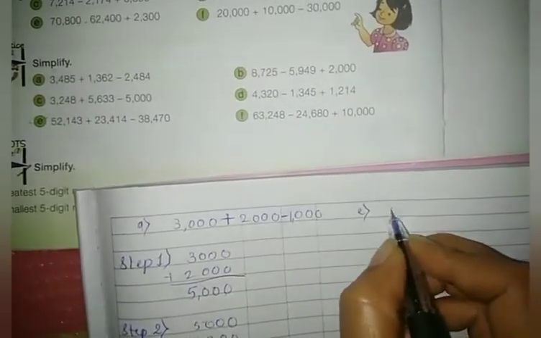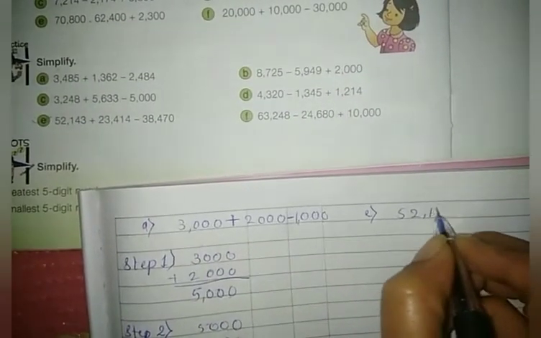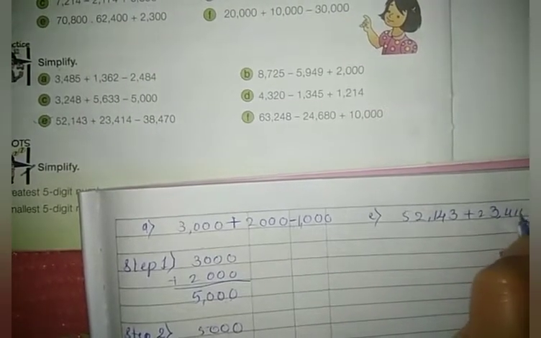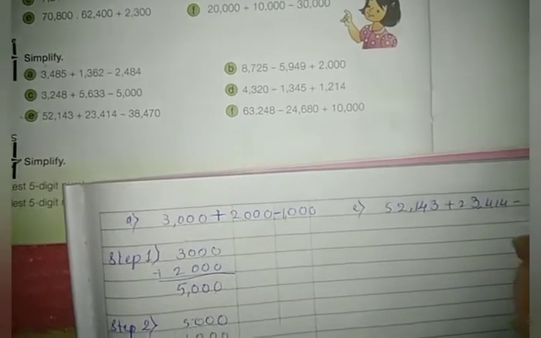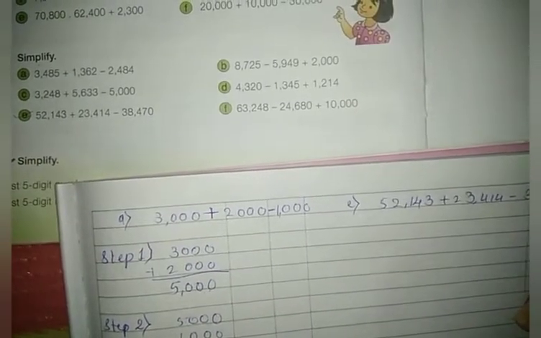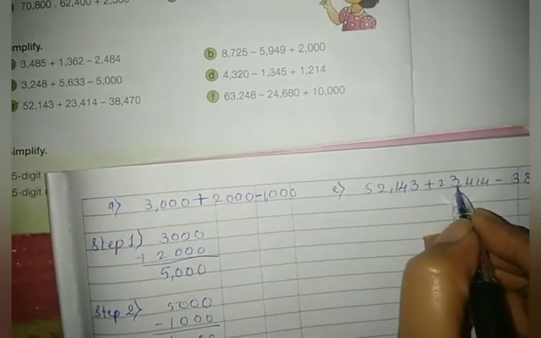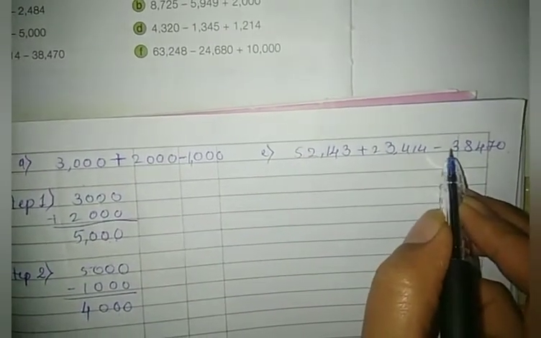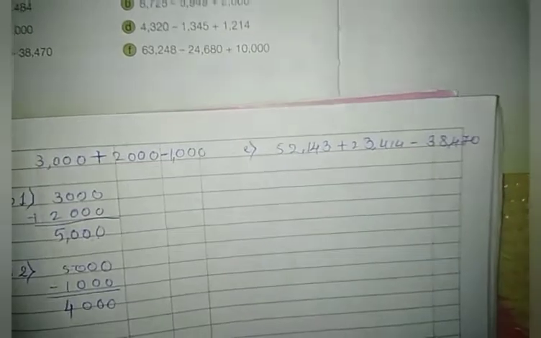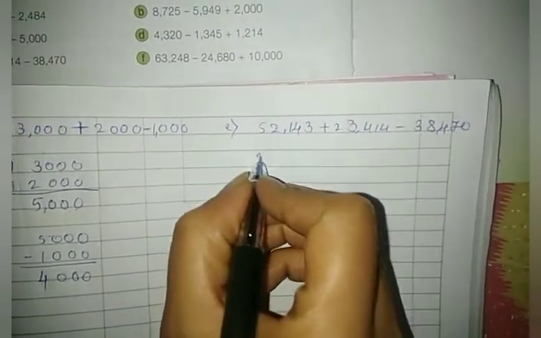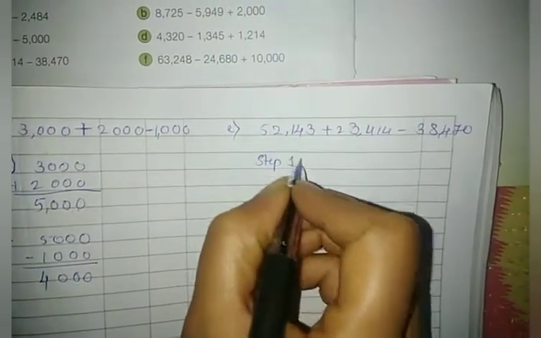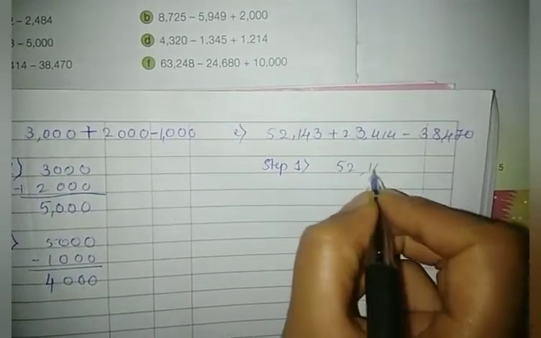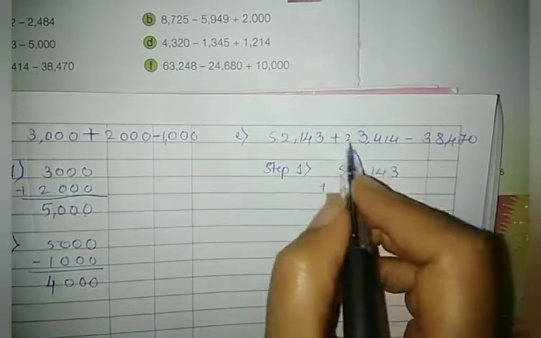Let's see. 52,143 plus 23,414 minus 38,470. Let's add these numbers first, then we'll subtract this number from the answer. Let's add. Step 1 is addition. That is 52,143 plus